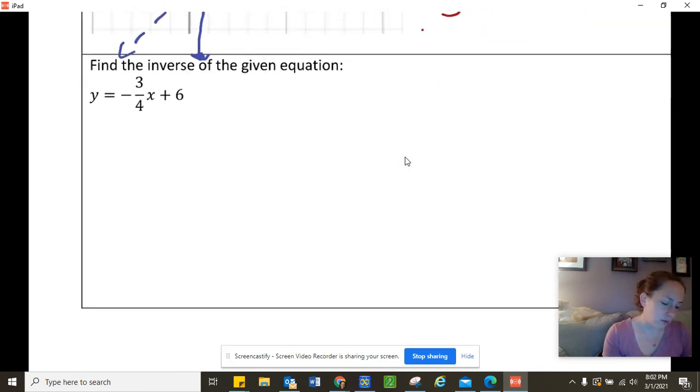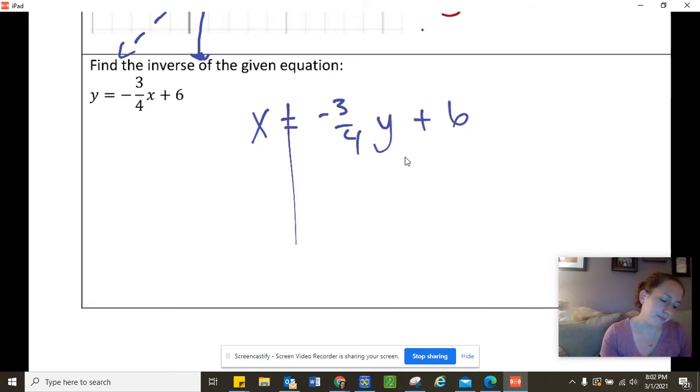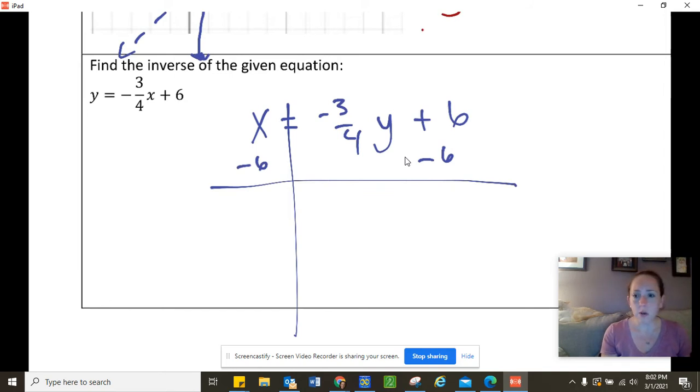I'm going to swap out the x and the y. So I'm going to write it as x equals -3/4 times y plus 6. And then I just solve it for y. So I'm going to start by subtracting 6 on both sides, because when we solve, we go in reverse order of operations. So I've got x minus 6, because those don't actually go together. One's got an x and one doesn't. They are not like terms. Equals